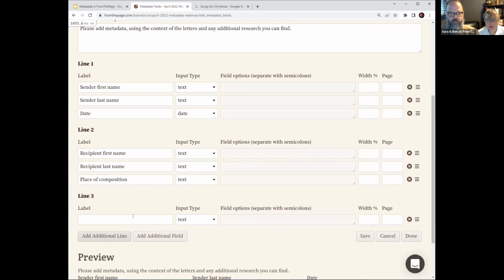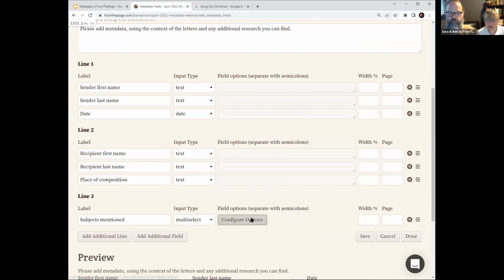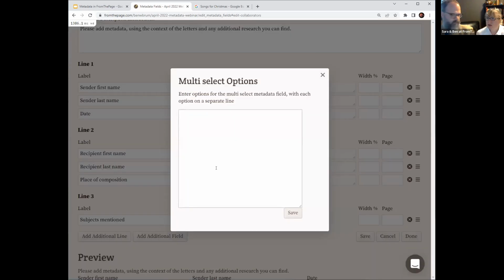And now we're going to add another line for subjects. And this is a special thing called a multi-select. And if we save that, we are going to configure options. So this is set up as a pop-up field so that you have a really long place to put things, because you might want to copy and paste a list that you have from elsewhere. You kind of want to keep it just to things that would actually apply to this collection, but we recognize that there's often a long list of subjects, so you can create them someplace else and then just paste them in here. So I'm going to throw in just a handful of the kinds of things that you'd expect from 19th